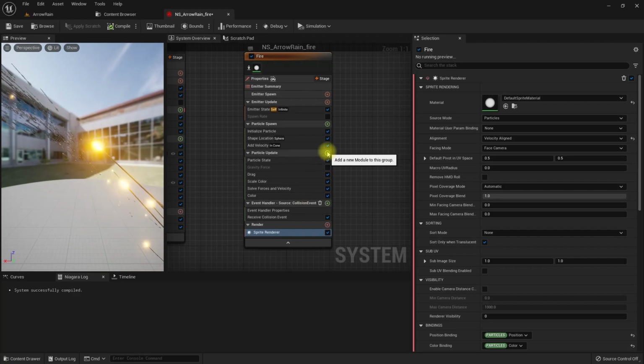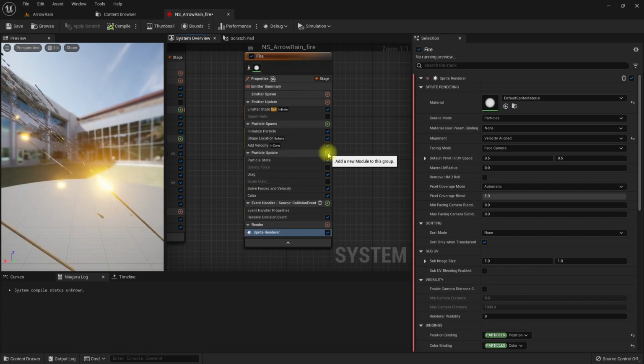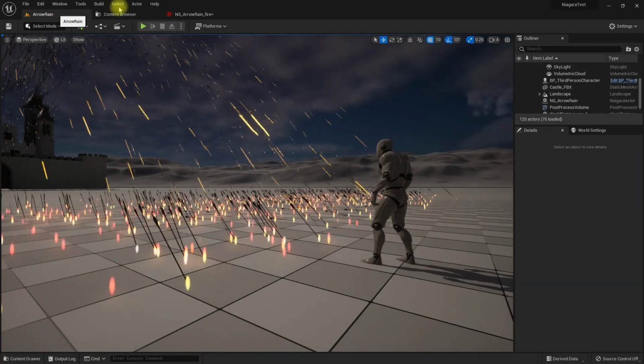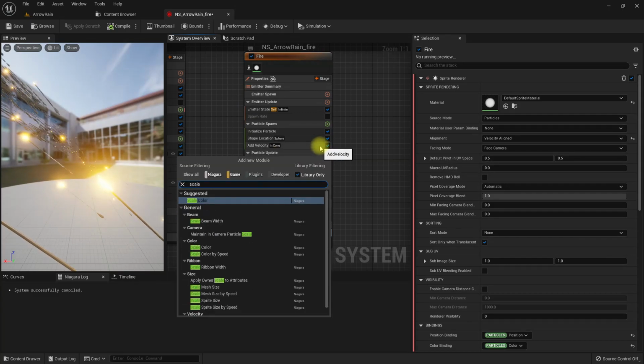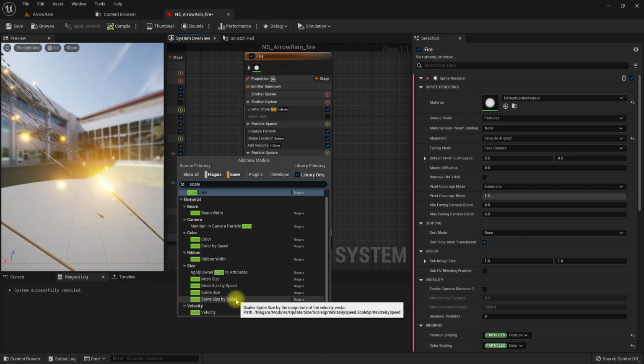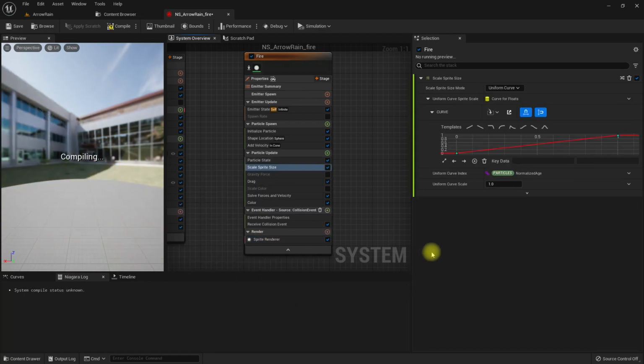For that, scale color, we don't need this. Sprite size by speed. No, just scale sprite size and